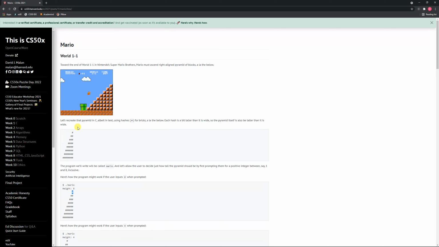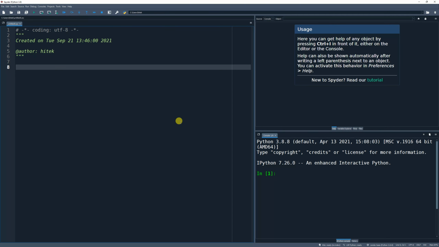So the first thing that we're going to do is prompt the user for a number, and it's going to be between 1 and 8. So let's go back over to our IDE. We basically just covered this in a recent video. It's a while loop of course, but it kind of works like a do while loop. So we're going to prompt the user for a number between 1 and 8, and we're going to keep prompting them until they give us the number that we want. So we'll need a while loop,